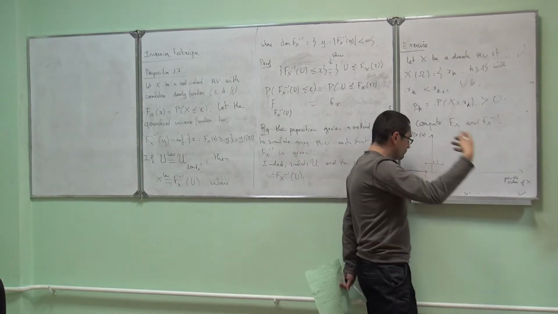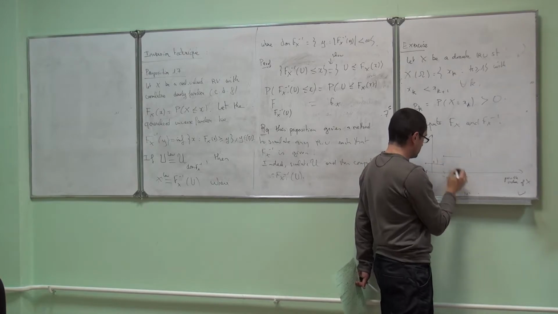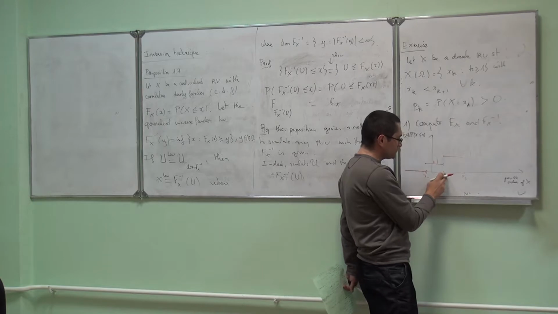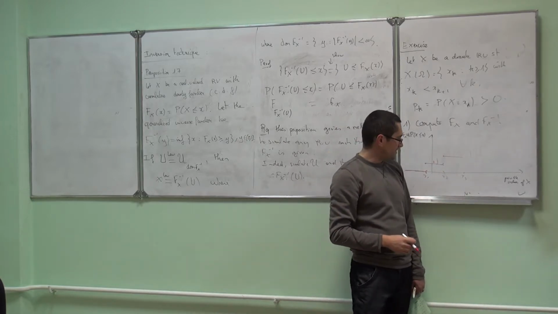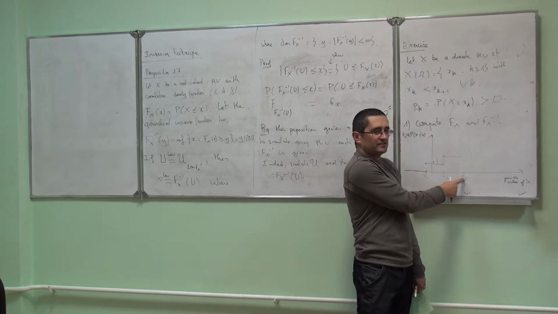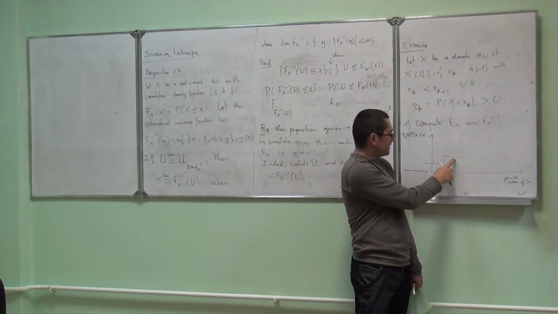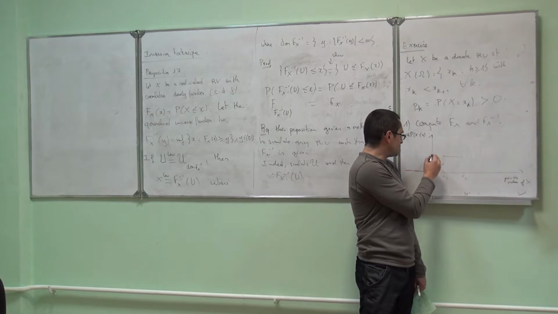And then you pursue the reasoning. For instance, here you get, if x is between x2 and strictly less than x3, okay, if x is strictly less than x3 but greater or equal to x2, then capital X less than x means that X either equals x1 or x2. Yes? So the probability here is